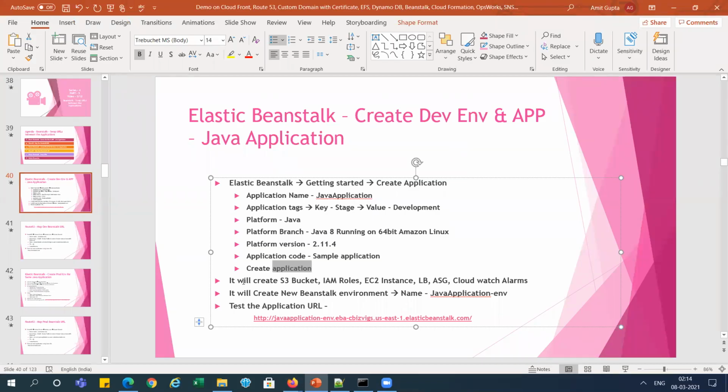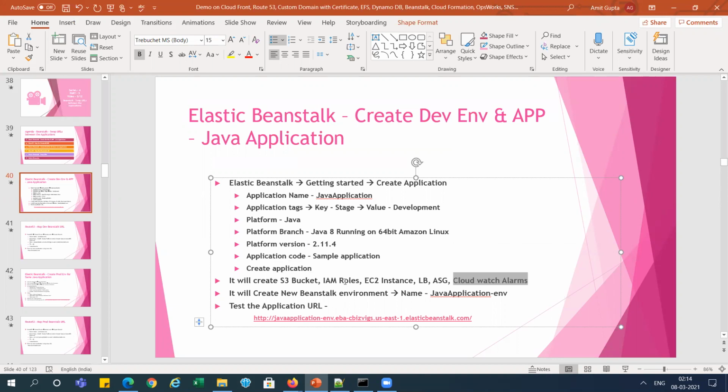So it will create the S3 bucket, IAM role, EC2 instance, load balancer, auto scaling group, and CloudWatch alarm. Everything it will create with only one click, right?